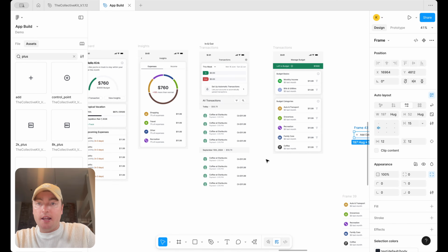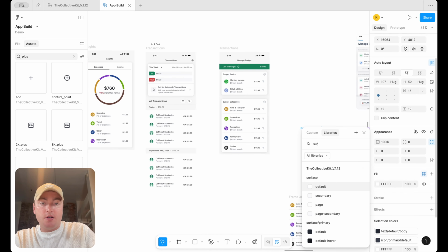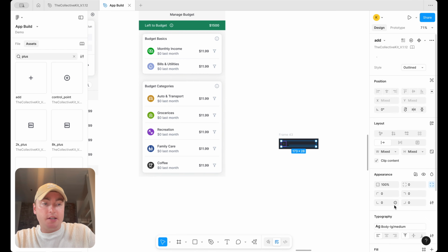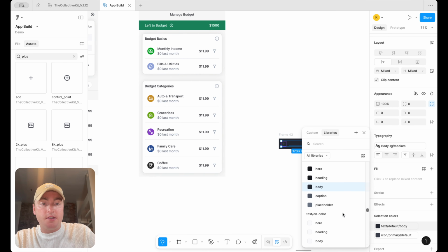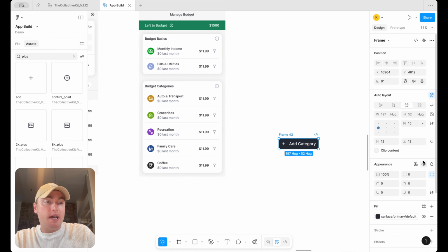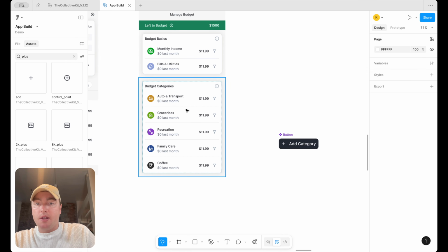And now let's go ahead and add a quick fill. This is going to be our surface default. And then we can adjust these actually to the on color versions of everything that we had selected. And I go through this library pretty in depth in one of my other videos. Be sure to add a radius. Let's call this our button. Let's create the component of this, and we can simply pop it in